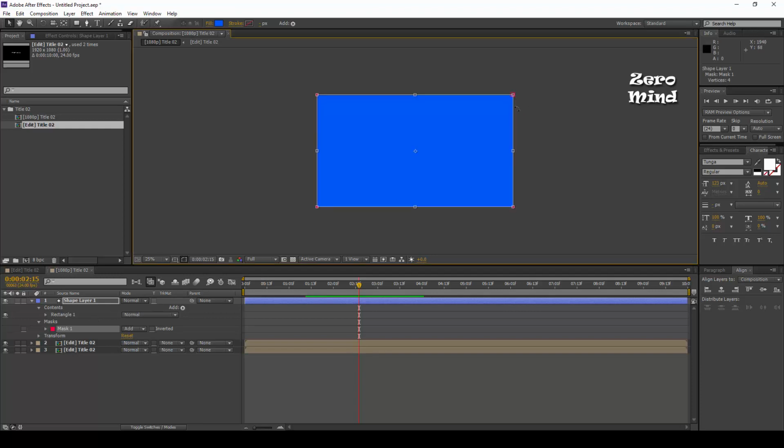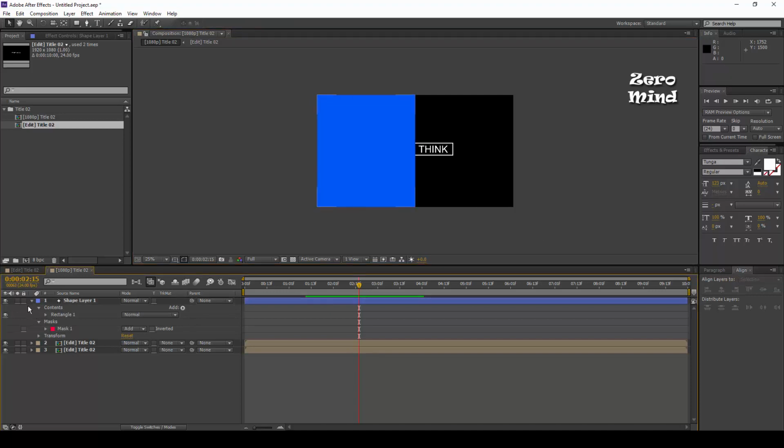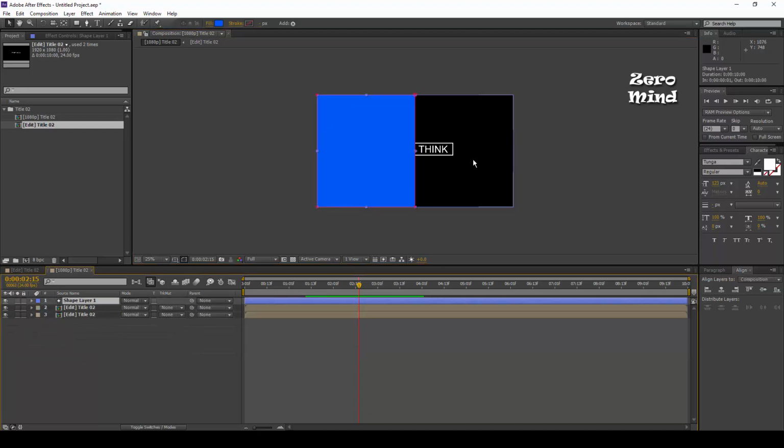I'll select both points, and hold down shift arrow keys and keep it in between this. See, here I did not recognize what is the bit in between that.